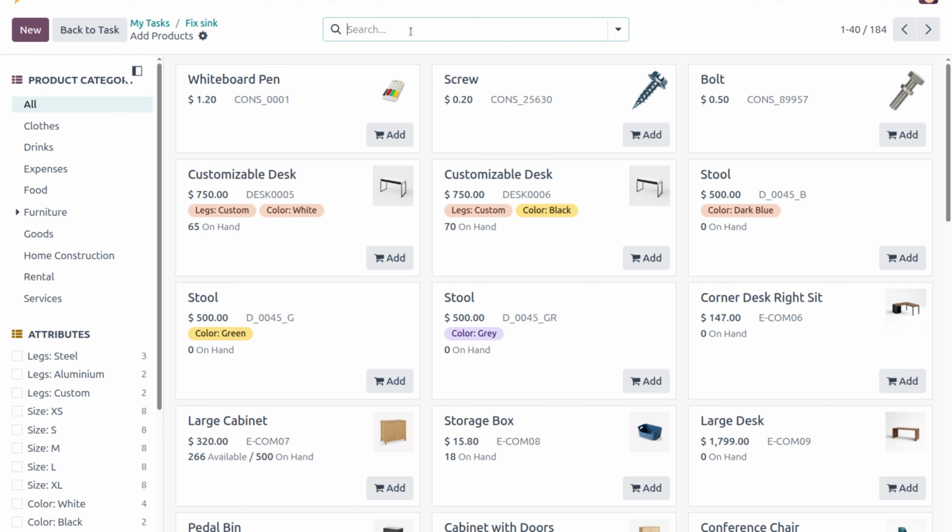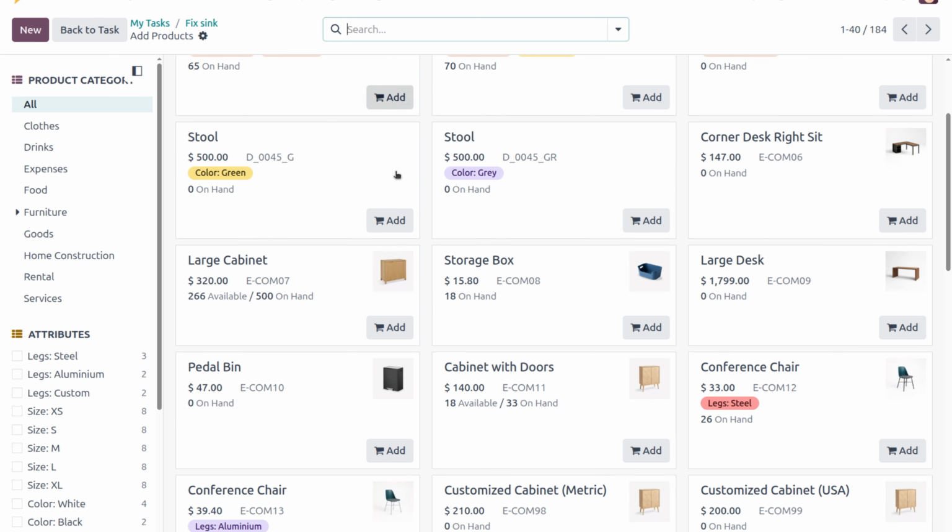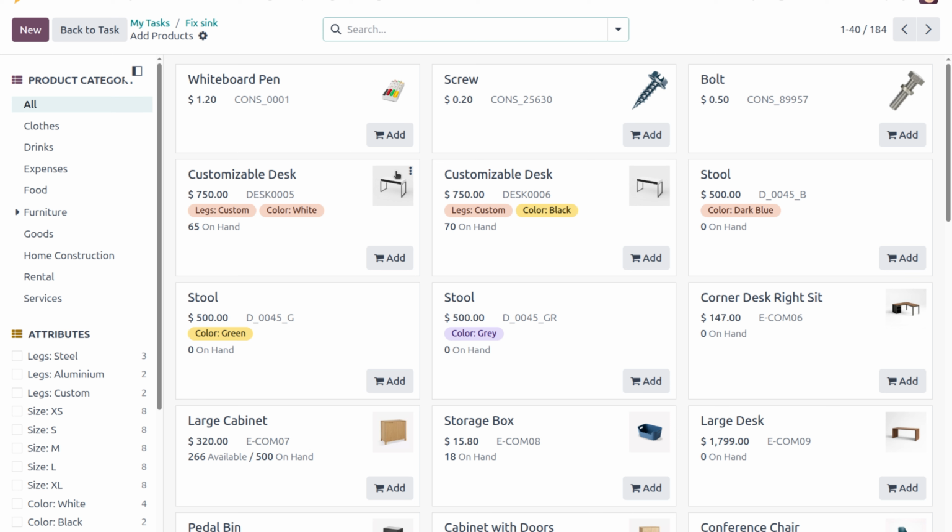Here we are in the product catalog section, which includes numerous products. So let's see how we can add a product. All right, I'm going to add the screws. So I'm adding 5 units of screws. We can easily add the product using this button, and we can decrease the quantity using this button also. Here you can see the product name and the price for one unit, every detail. And we can easily remove a product if we don't need it.